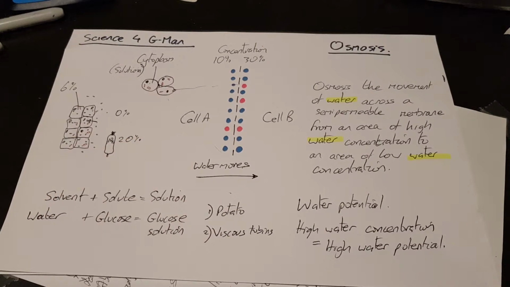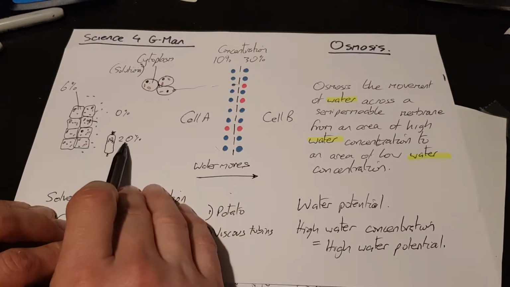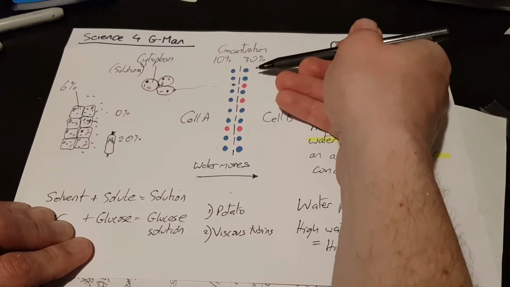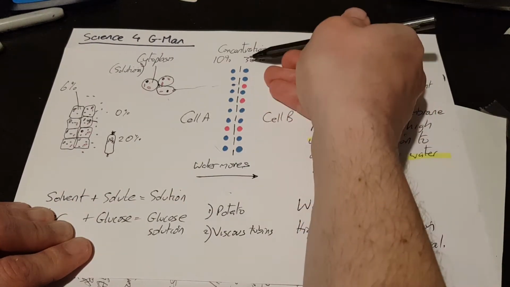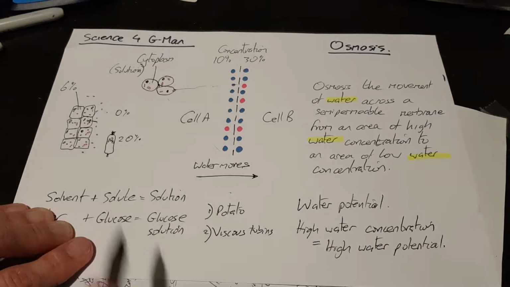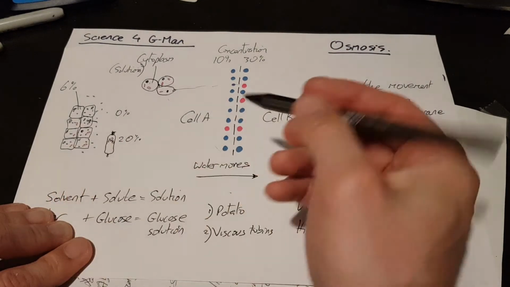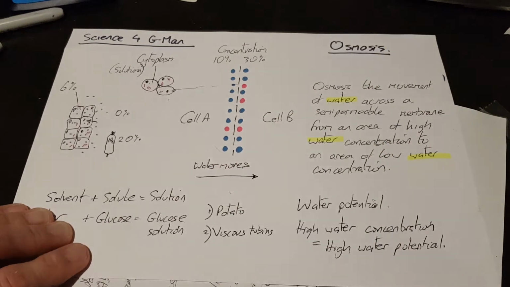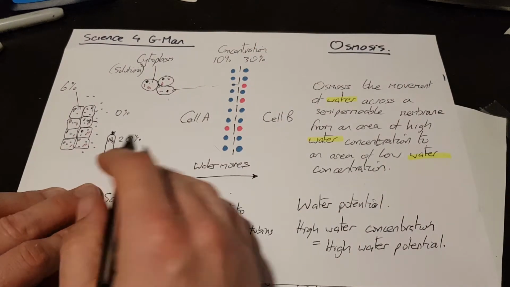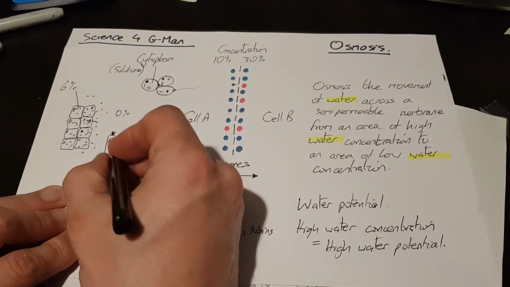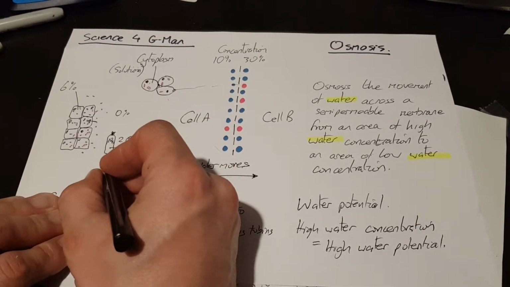Always trying to work out which has got the most water in. 20% solution, 2 bits of solvent for every 8 bits of water. 10% solution, 1 bit for every 9 bits of water. So the water is going to go out. So this will then shrivel up. It'll end up looking like